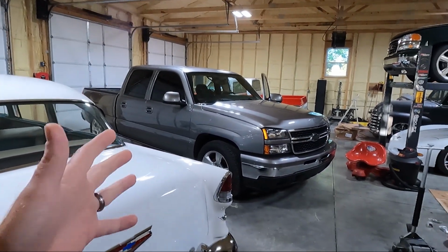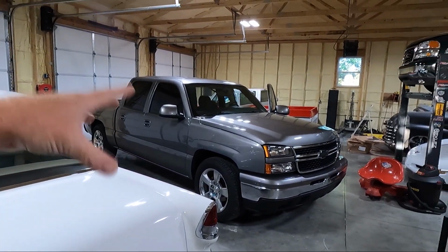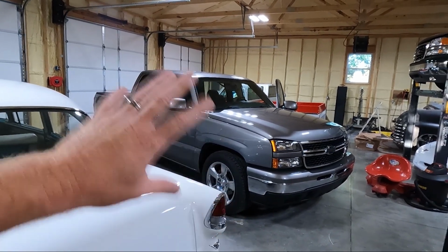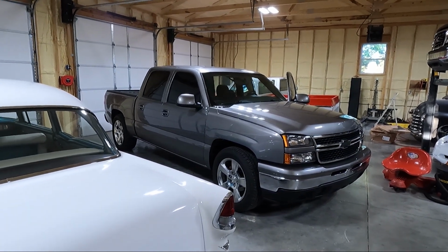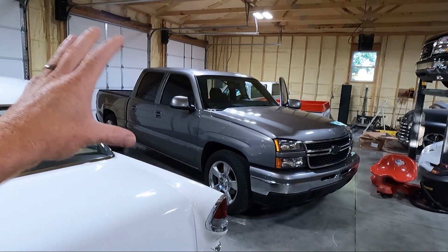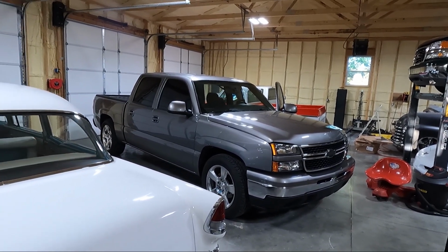But I recently kind of got the red truck lined out, so I'm going to be daily driving it until I get this finished. That's why I want to kind of hammer down and get this stuff done so I can get the red truck sold. Whether, like I said, my dad buys it or somebody else, I'm ready to get rid of that truck. But I want to use it for a few weeks, maybe even a month, while I get this lined out